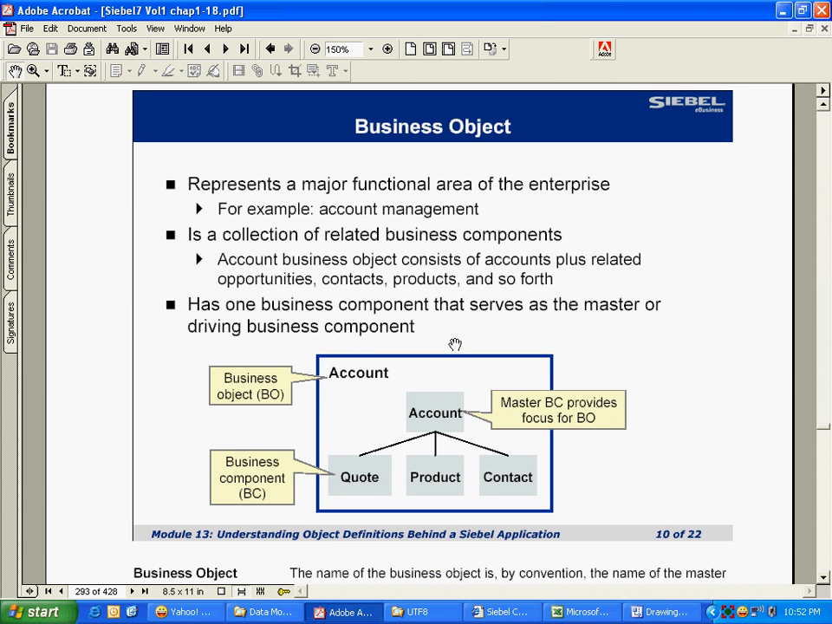A business object represents a major functional area of the enterprise. For example, account management is a collection of related business components. The account business object has one business component that serves as the master or driving business component. Okay, the only thing you should remember is